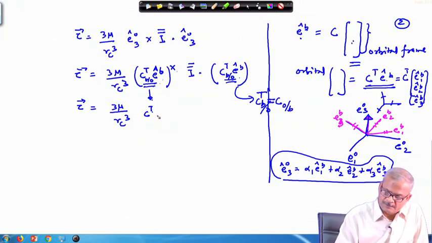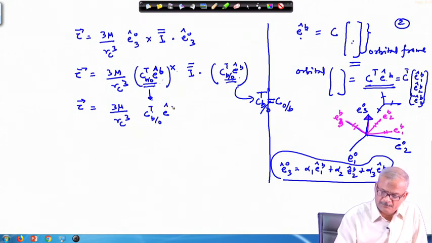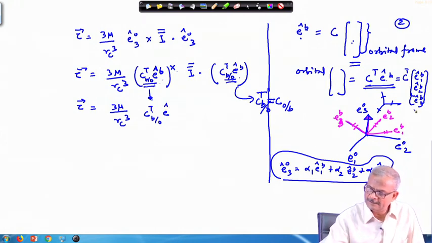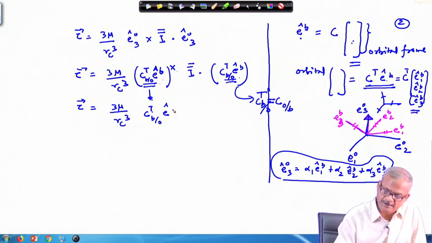So, this can be written as B slash O E cap B, where remember that E cap B is nothing but this part, and then C